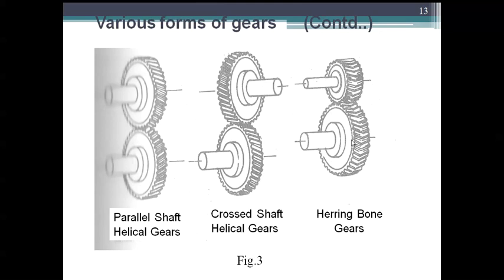So we call this a herringbone gear. Why do we use herringbone gears? In helical gears, some unbalanced force remains in the system due to the inclined teeth. To balance that unbalanced force we use double helical gears, which have inclined teeth in both directions. So in helical gears we have some unbalanced force, and to compensate for it we use herringbone gears, which are inclined in both directions. This is what the herringbone gear gives.